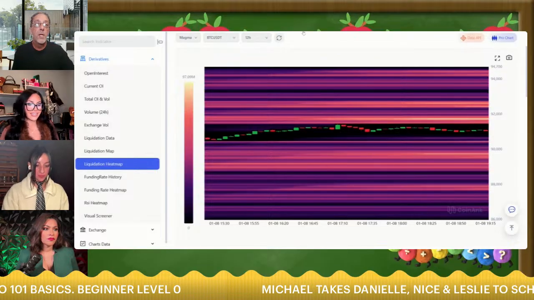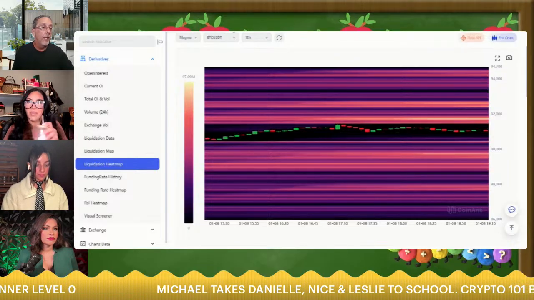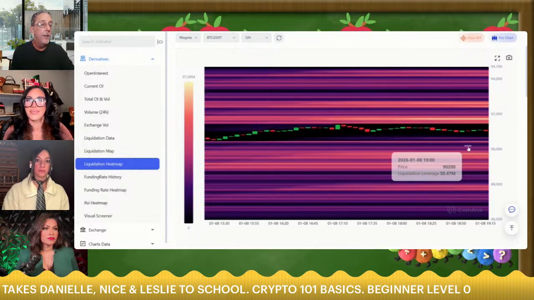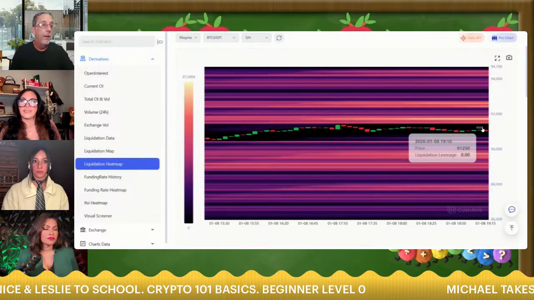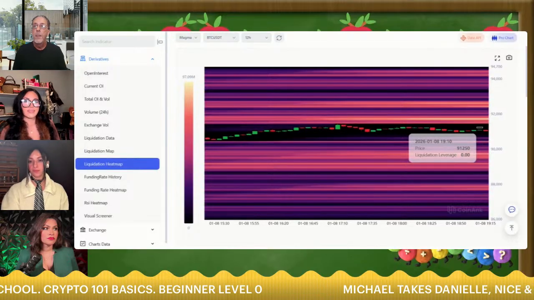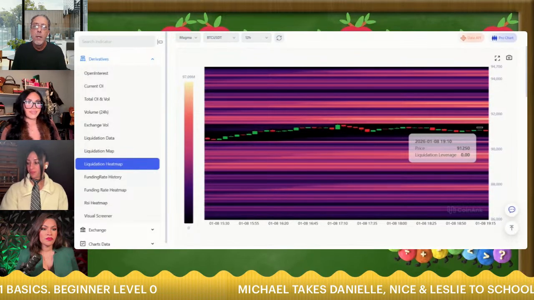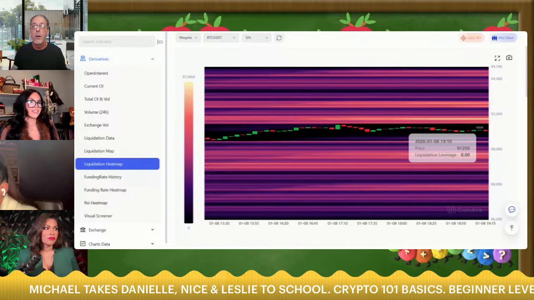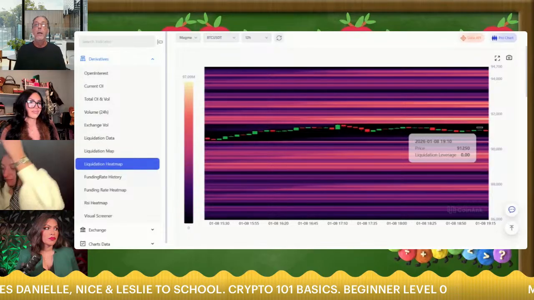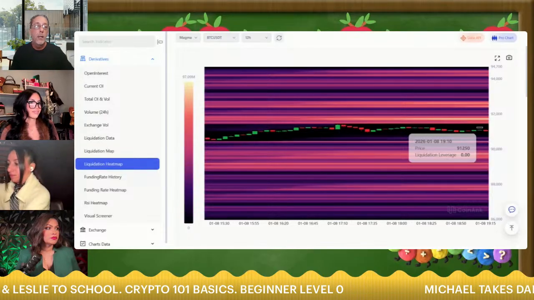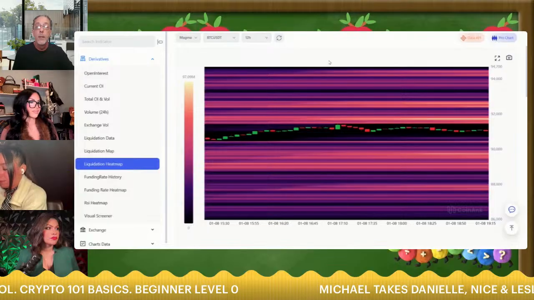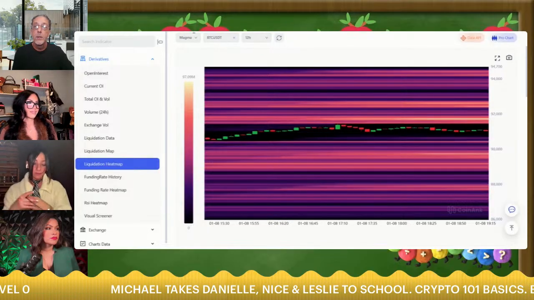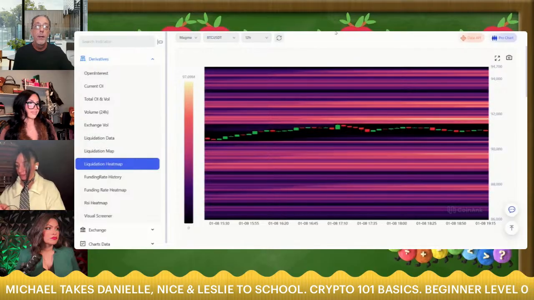So CoinAnk is a really good resource because this is your liquidity levels, right? This is your heat map. This is where people get liquidated. When you see these things come out on Twitter that basically over the past 12 hours, $900 million has been liquidated from the market, there you go. You can actually see it in real time. Like I said, check that out. Bookmark this, coinank.com. It's really good.